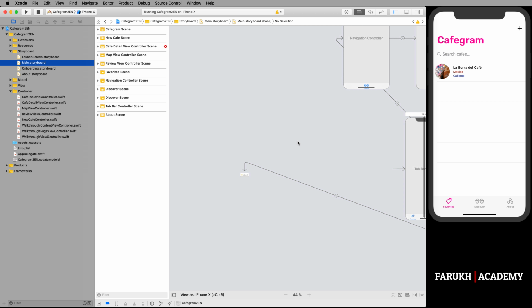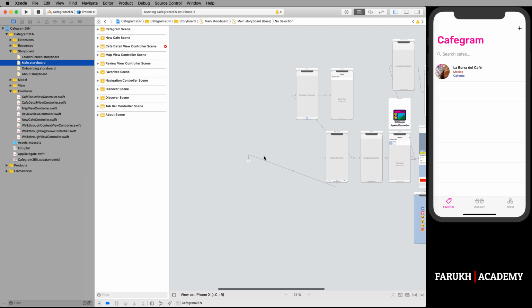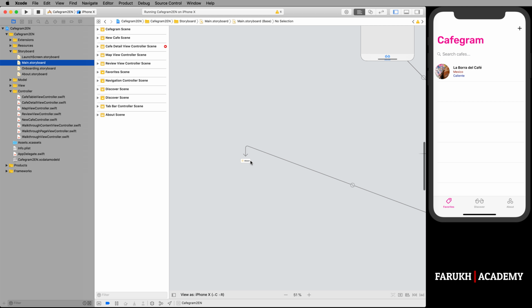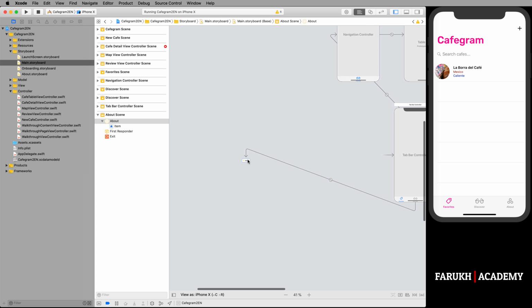Normally if we double click the storyboard reference, Xcode will take us to the corresponding storyboard and show us the view controllers that the main storyboard is referencing. Okay,